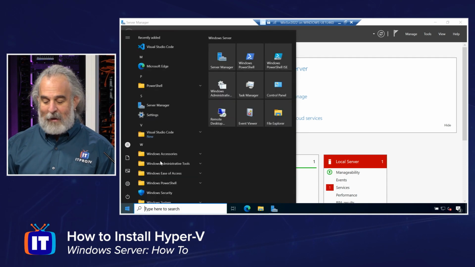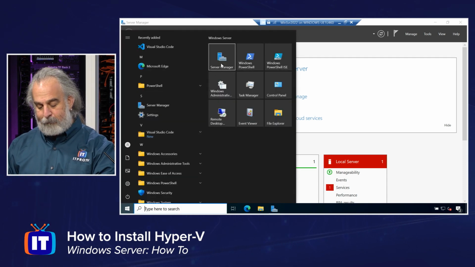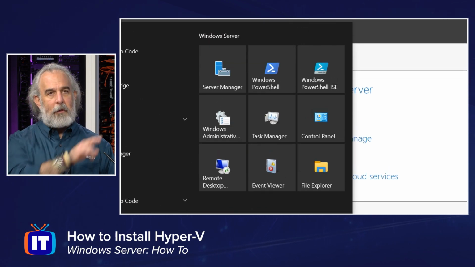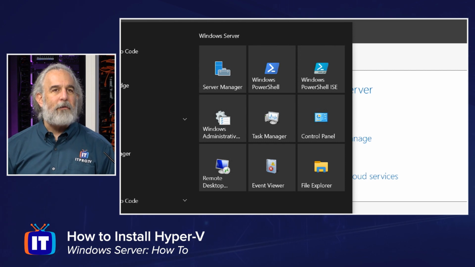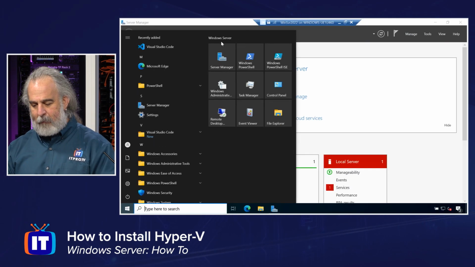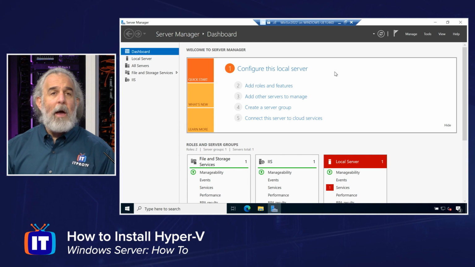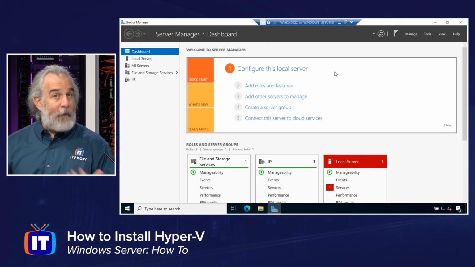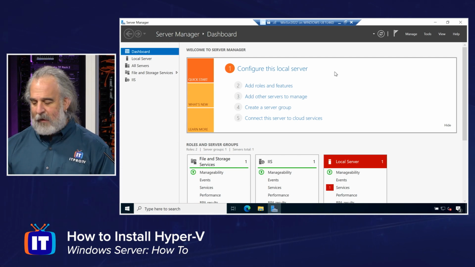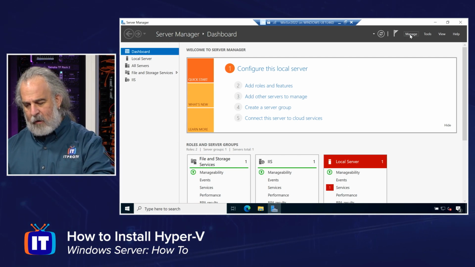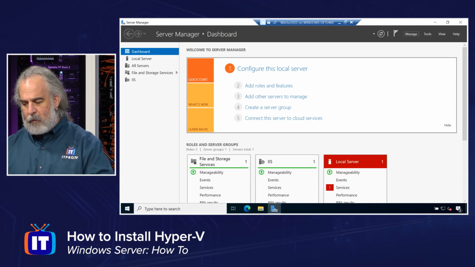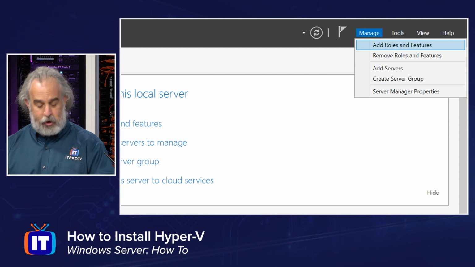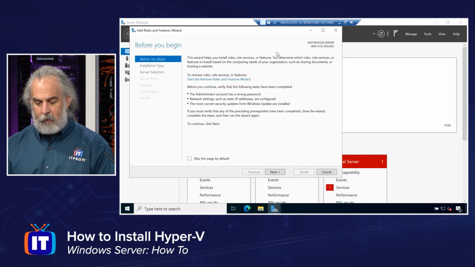If you're not familiar with how to get there, we can go to the Start menu. We can go to our navigation area right here at the upper left-hand corner. As you can see up under Windows Server, the tile for Server Manager is going to be pinned there. You can load that up if you need to. And what we're going to do is install or add a feature or role for Hyper-V. It's not currently installed on the system, so it's easy to do. Go to our Manage area right over here. And we're going to grab that opportunity to load up a role or a feature from our shortcut menu. And when we do that, we'll get our little wizard here.